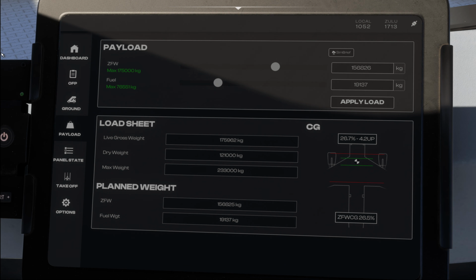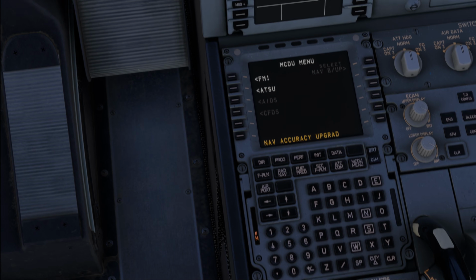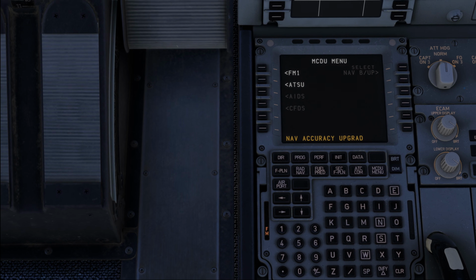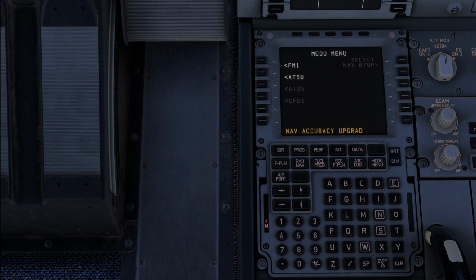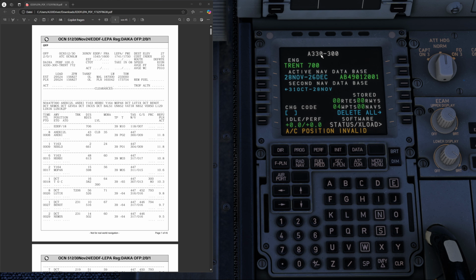For now, let's go on to the FMS setup, and we are going to start it right from the bottom over here. In order to make our life a little bit easier, I am going to open the flight plan in a dedicated window on the left hand side here, so that we can see everything in a good and orderly manner. So we start our FMS setup by clicking on the FM1 button in the MCDU menu,